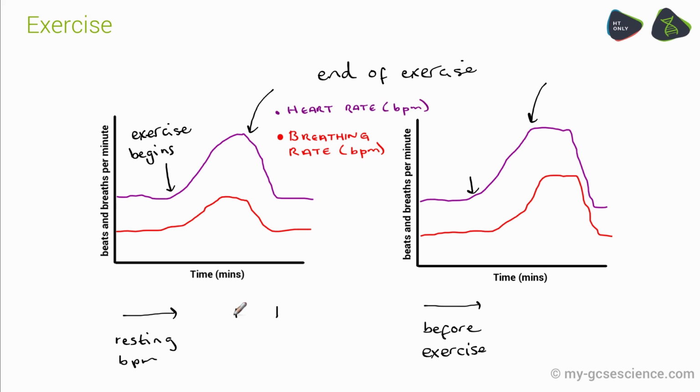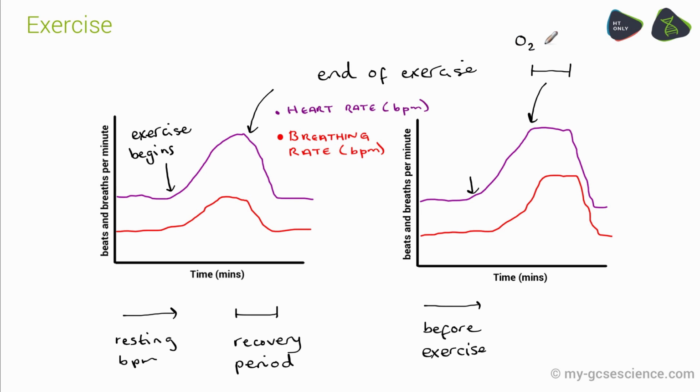The period of time between the end of the exercise and the return to those resting levels is called the recovery period. In contrast with this second graph, when the exercise finishes, the heart rate stays quite high, and so does the breathing rate. And this graph might be modelled on somebody who is carrying out exercise that is anaerobic, in which case they have built up a certain amount of lactic acid in their bloodstream, and lactic acid is toxic and it needs to be broken down by oxygen.